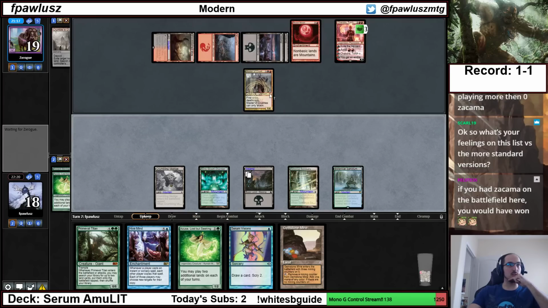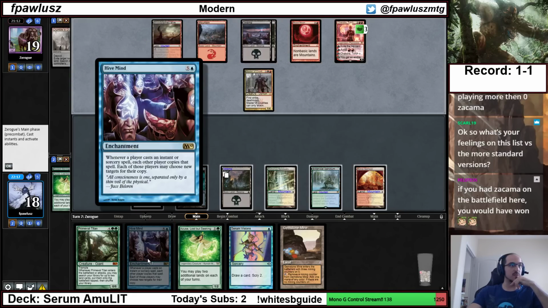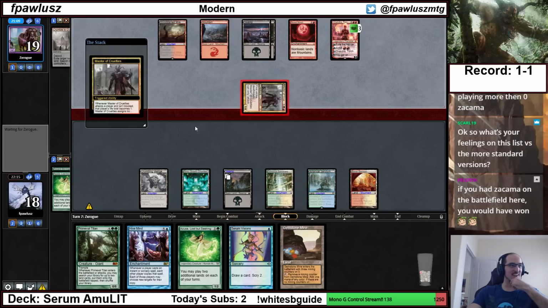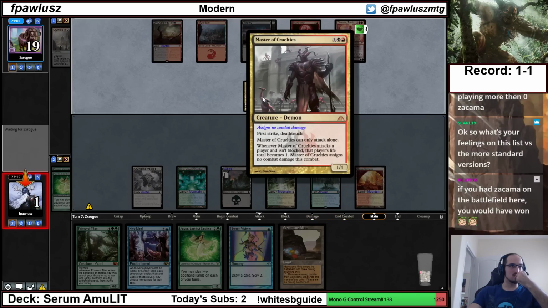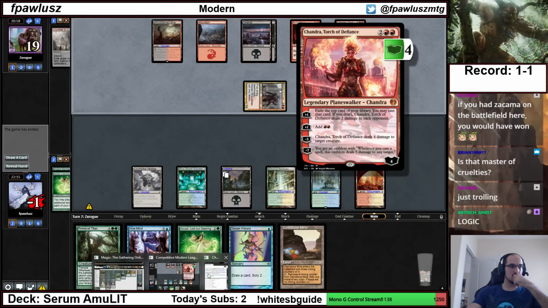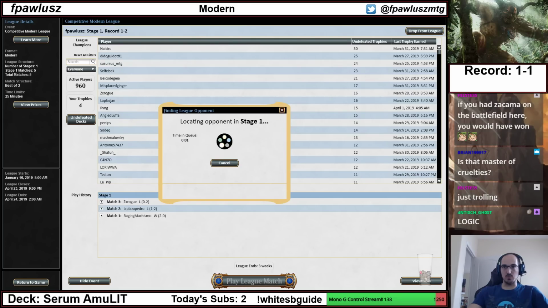If you had Sakam on the battlefield here, you would have won. Yes, that is correct. Also, if I had this on the battlefield, I would have won. If I had this on the battlefield, I would have won. So, do you see what I'm trying to say here? Combo. Give my opponent the GGs and move on to the next